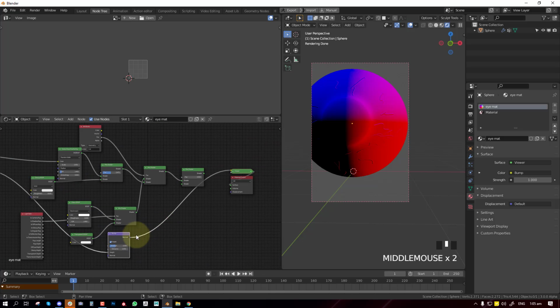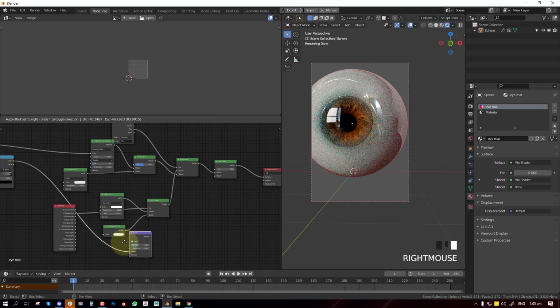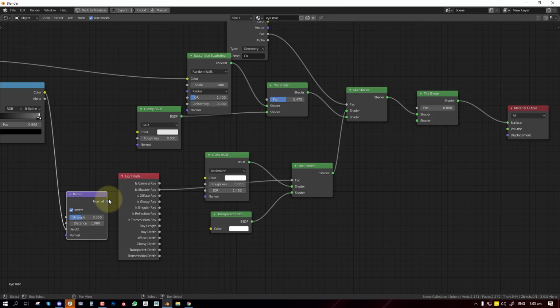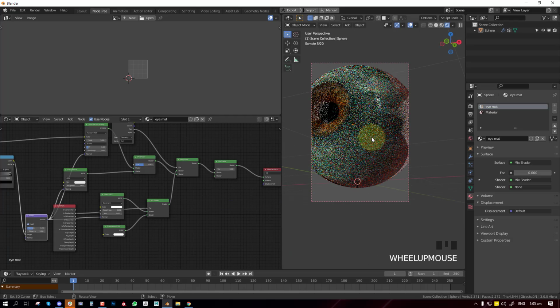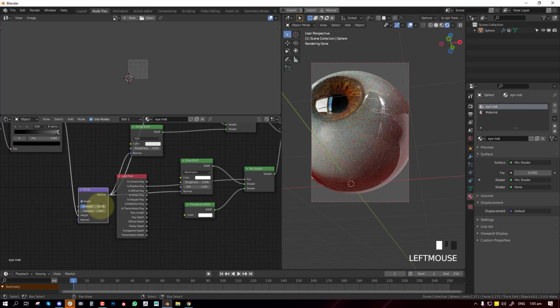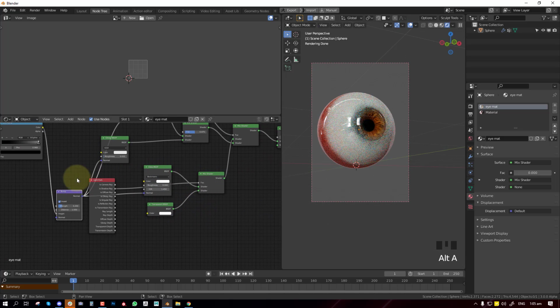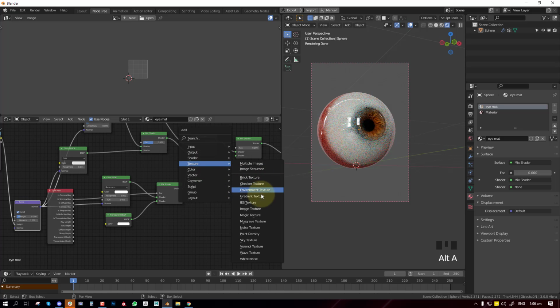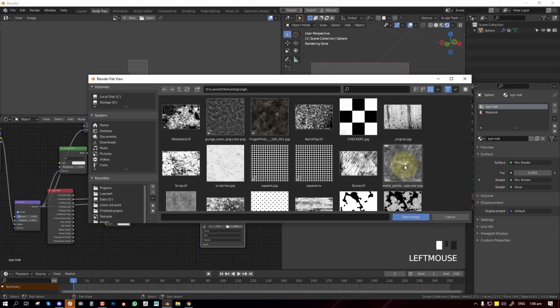If I'm not wrong, you can just do this. Okay, so we'll just connect it to all the materials. So normal. If you go closer, you can see the veins coming through. Set it to 0.1. You could also play with the roughness just to enhance it some more. So let's see. I'll just get a random grunge map.